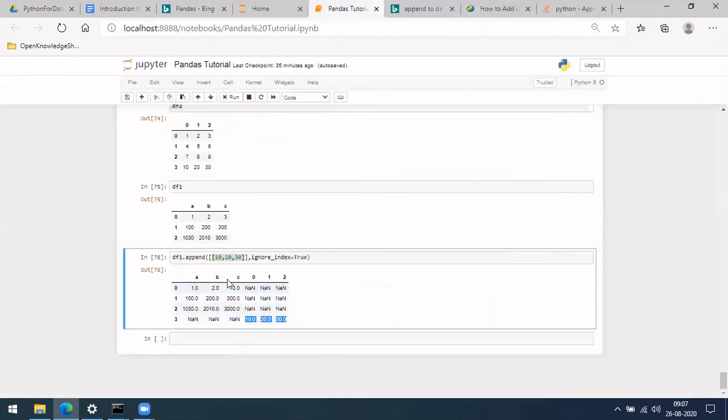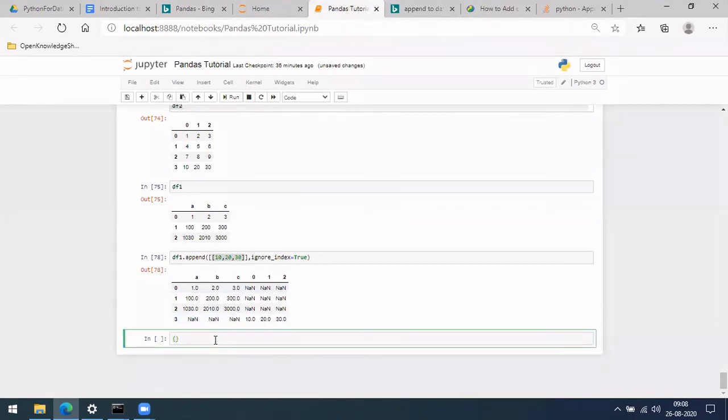That dictionary should have the names of the columns A, B, C. So you make a dictionary with A as 10, B as 20, and C as 30, in the sense of column names as keys. In that case, it wouldn't give any problem. So let me do that: df1.append, and do this ignore_index. Let's also try without ignore_index to see what it will be.